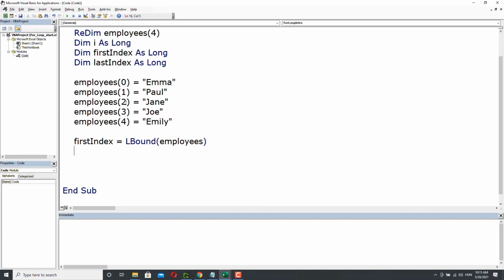the first index. We have another function for finding the last index of an array, and it is called UBound, which is short for upper bound. Of course, it takes an array as an argument, and of course we will provide our employees array to it. And so this UBound function will return the number 4 to us,